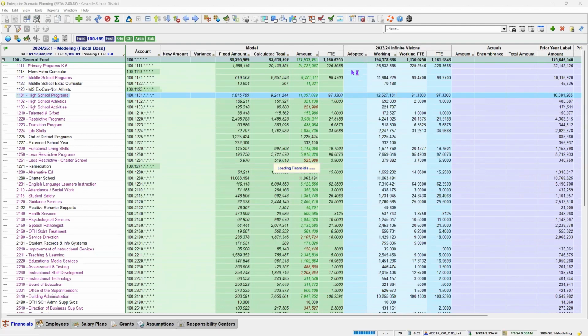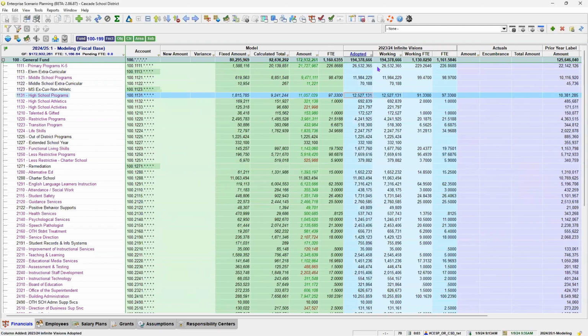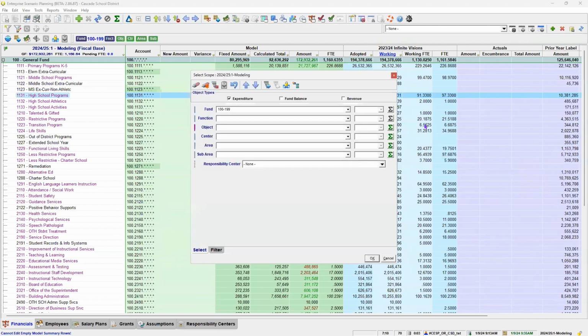But it loads your adopted and working. In the new year, it loads your adopted and your working. And then it copies your working into your model. And that's going to be your starting point for your new fiscal year. Let me show you, let me prove that. So I'm going to show